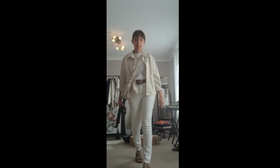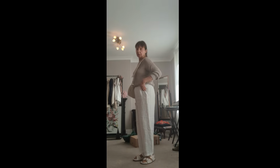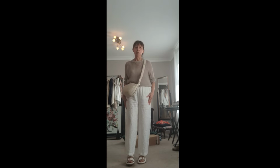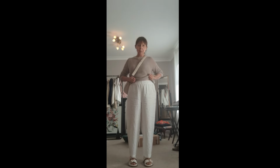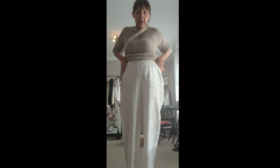I think it works. Right, so these are the Quince trousers that I have the pockets sewn up for, because you could just see them through the trousers. They're a bit too see-through. But I really like the feel of them. I mean, they are quite baggy. And what I've done is I've pulled them down sort of below my waist again, rather than having them high up, because I don't know what you think, but look, if I pull them up, let me just show you,